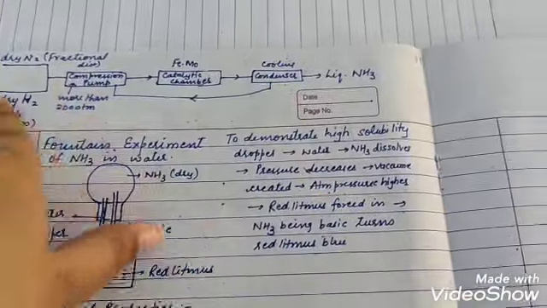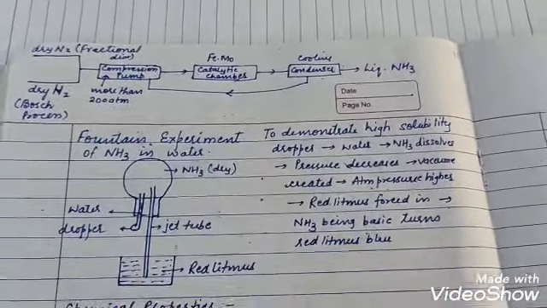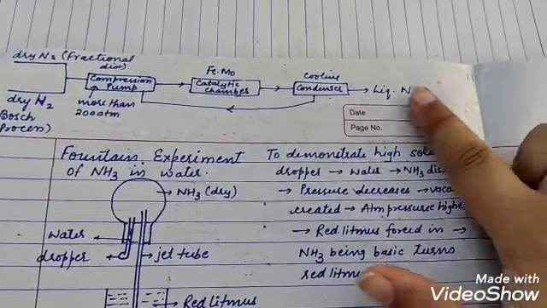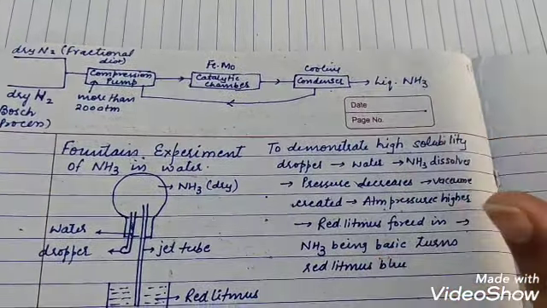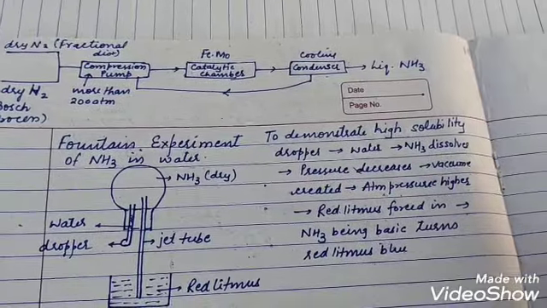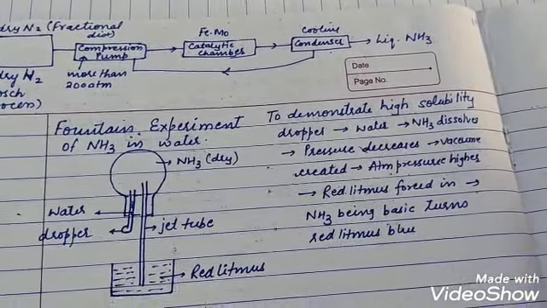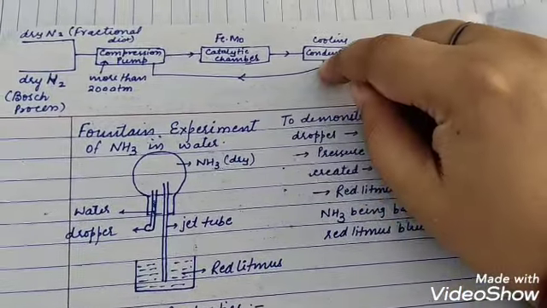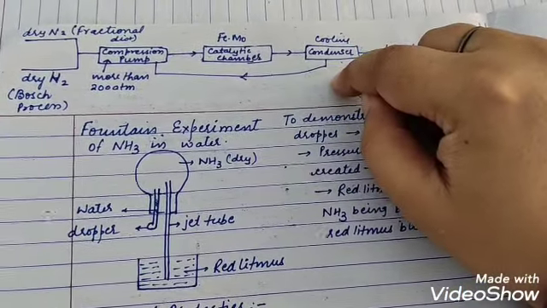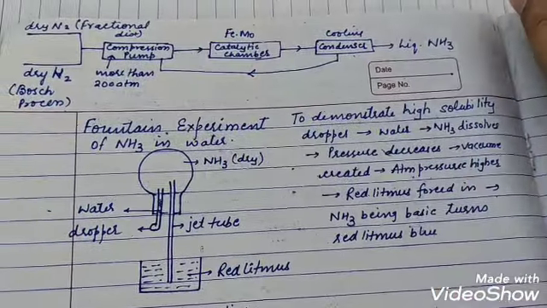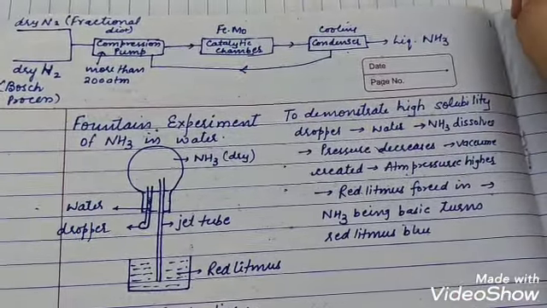But with the procedure we are following in this way, only 15% ammonia can be prepared. We want to enhance this, because the rest of the unused nitrogen and hydrogen will get wasted. So what we are going to do is, from the condenser, unused hydrogen and nitrogen will go back to a compressor pump. How will unused nitrogen and hydrogen go back?